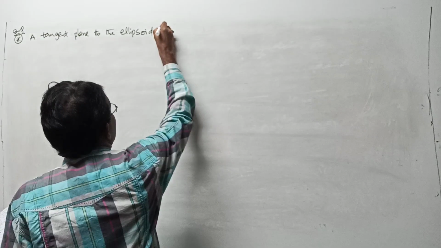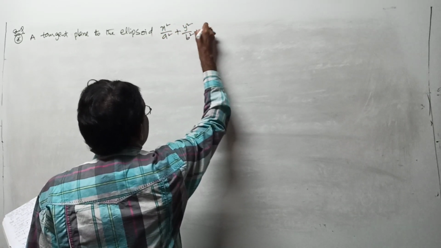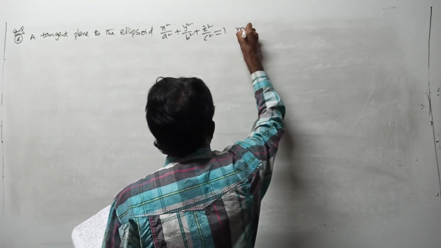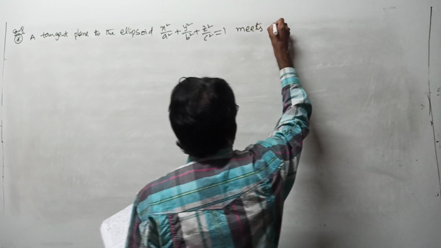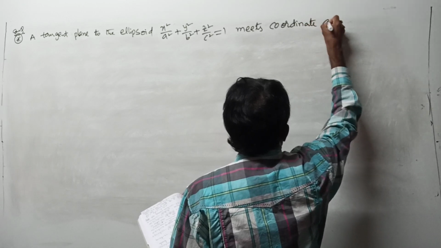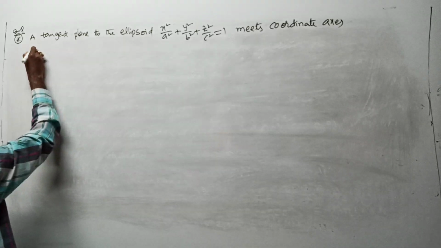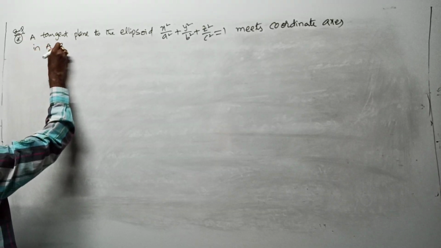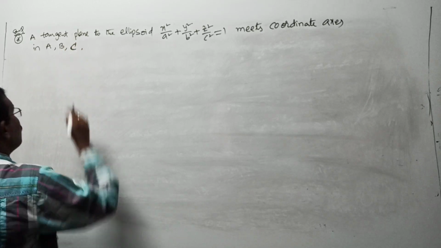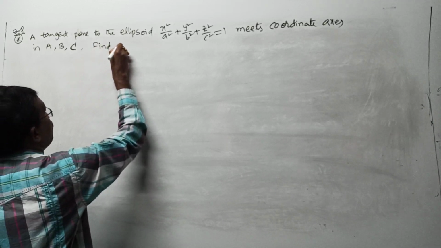x square by a square plus y square by b square plus z square by c square equal to 1 meets the coordinate axes in capital A, capital B, capital C points. Find the locus of centroid